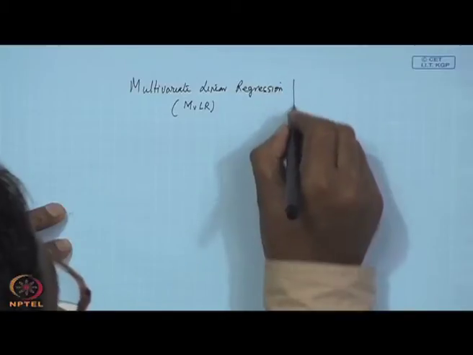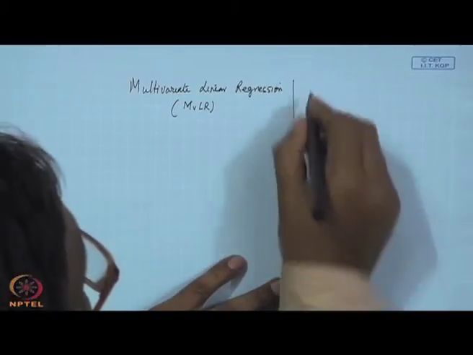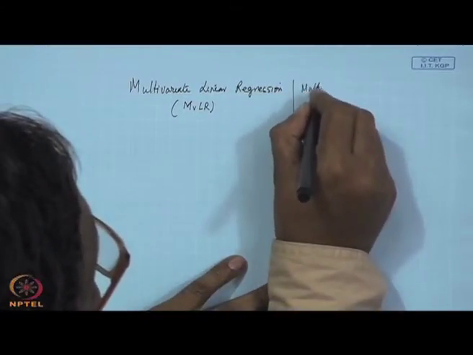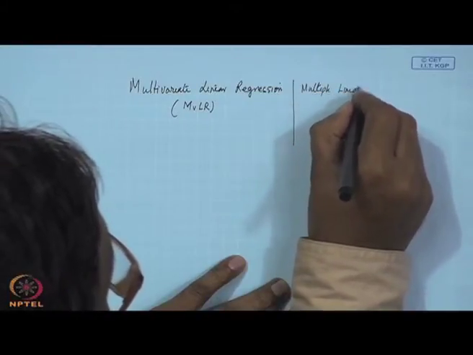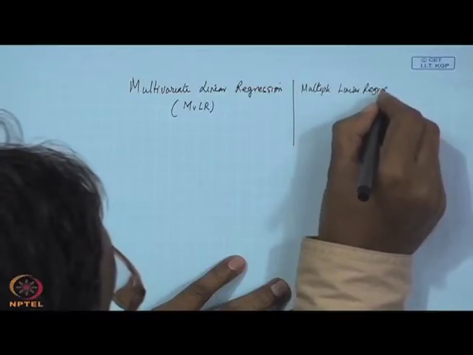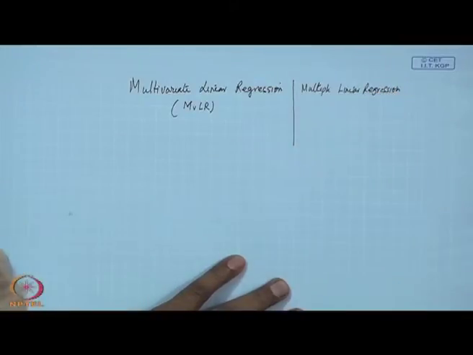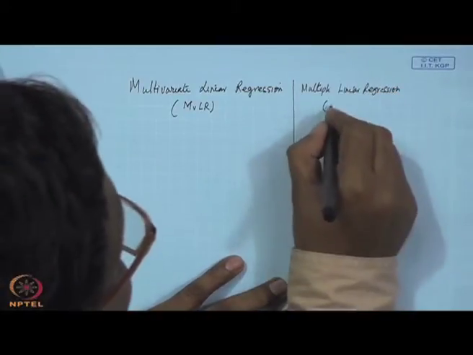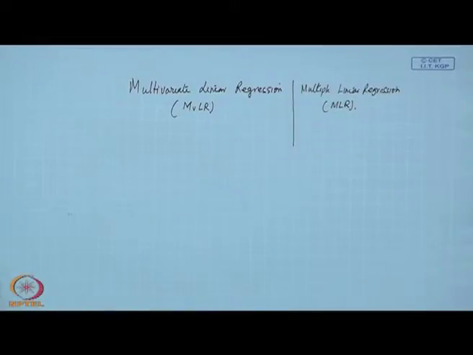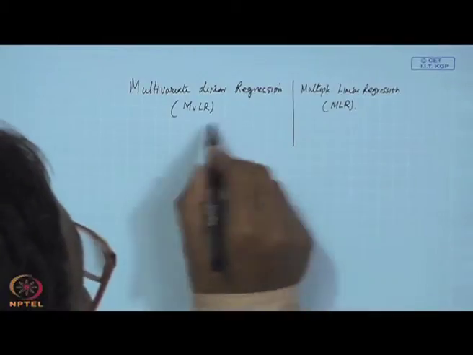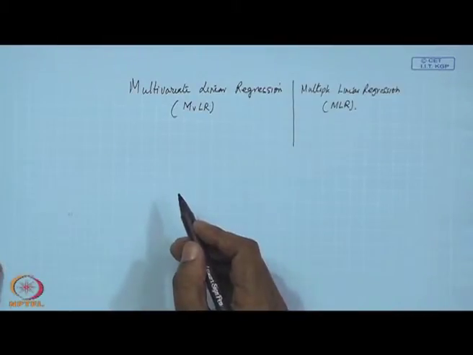And there is another regression which is known as multiple linear regression, which we have already completed. That we have denoted like this, MLR. So, the difference between the two will be discussed,